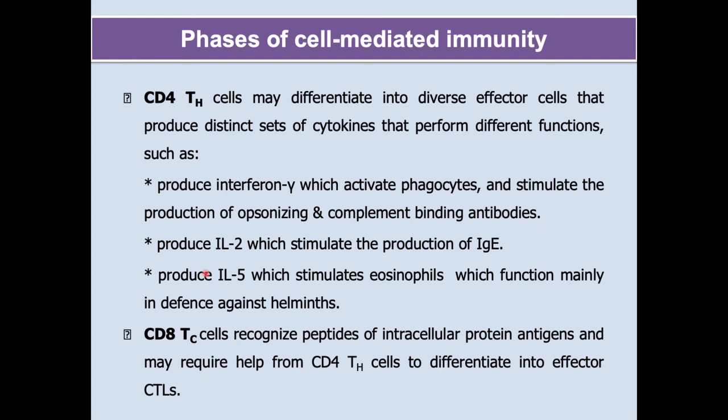And the T helper cell will also produce interleukin-4, which stimulates the production of IgE, and interleukin-5, which stimulates eosinophils, which function mainly in defense against helminths. So this is for parasites, okay. Whereas